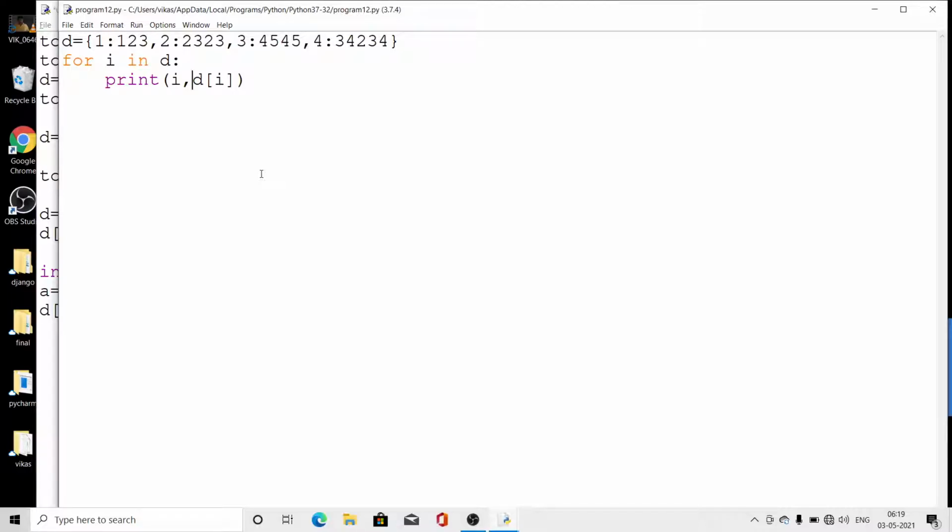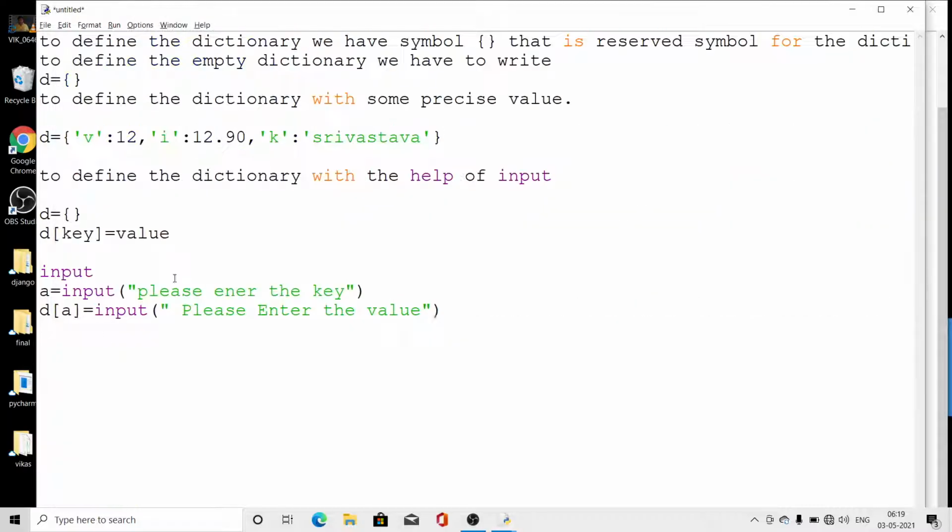One more thing I have to tell you: to access a particular key with its value, we have to write D and the key name. Clear?